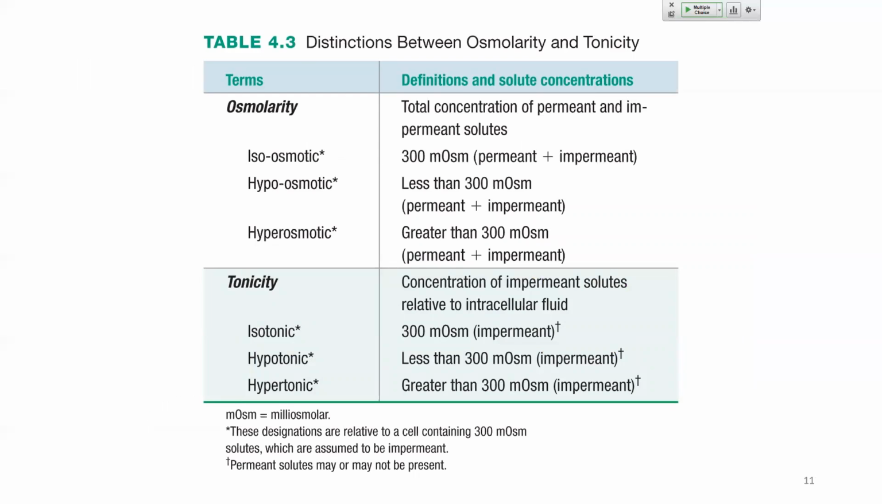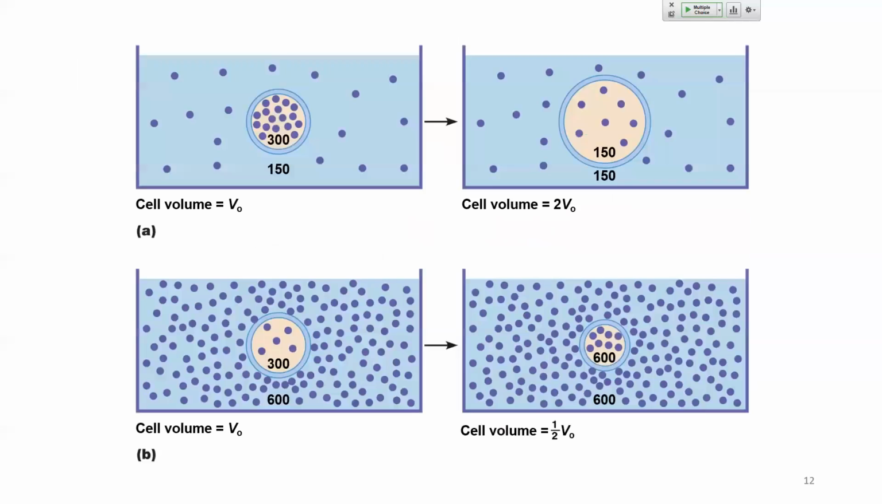Okay, so here is a table that summarizes these differences. I won't go into detail with this table, but if you don't understand the difference between osmolarity and tonicity, I would advise you to go through this table in a little bit more detail and really describe those differences. All right, so on this slide are two examples that highlight what we just spoke about and highlight the movement